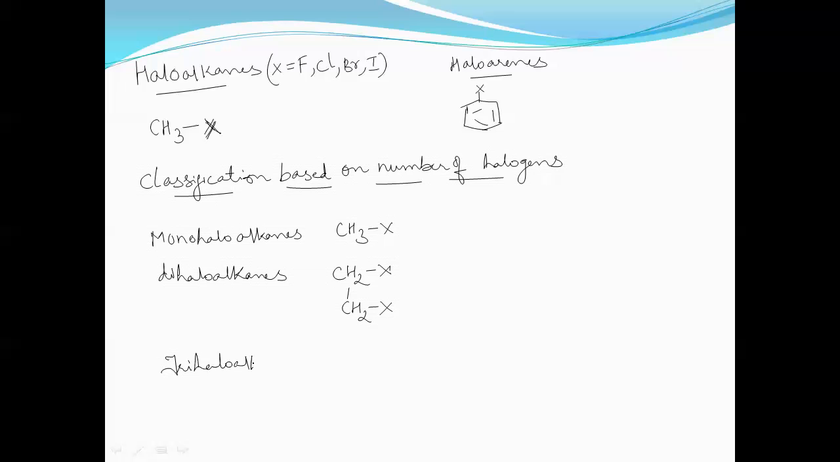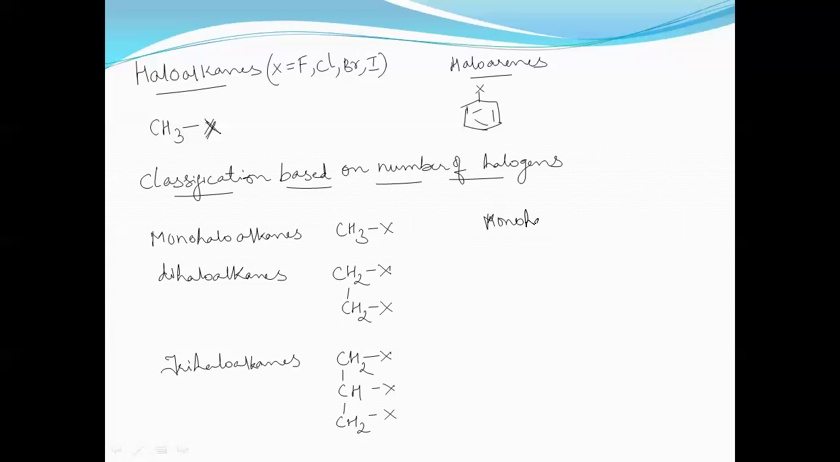Or trihaloalkanes, where there are three halogens present. So they are called monohaloalkanes, dihaloalkanes, or trihaloalkanes based on the number of halogen atoms present in them. And haloarenes are also classified as